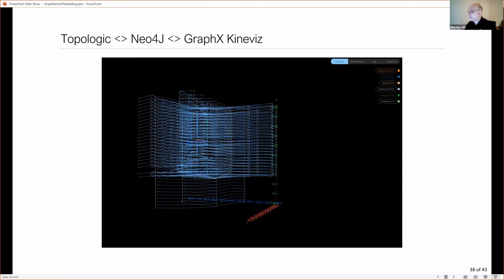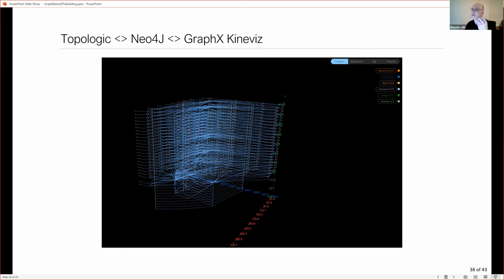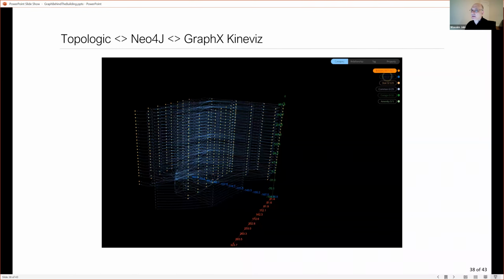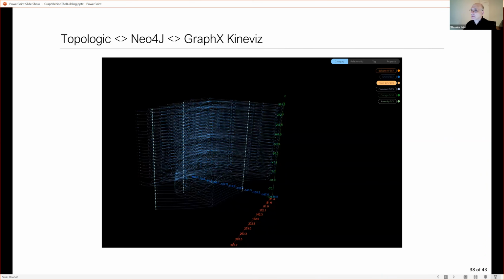So this is not the building, this is the information of the building. I can say, give me the balconies, here are the balconies, give me the units, the stairs, obviously vertical, the common areas, the corridors, the garage at the bottom, there are several levels, and then the amenity space is a couple of nodes in it. All that information is embedded. If you want it three-dimensional and see it in location, that's just geometry.